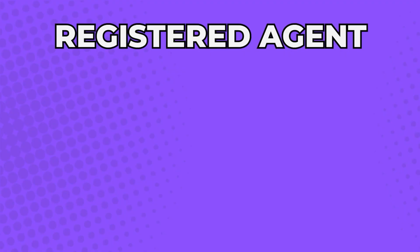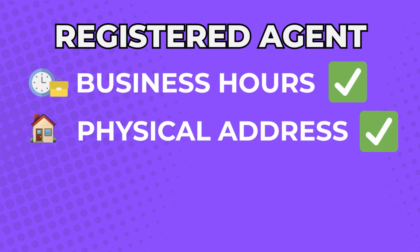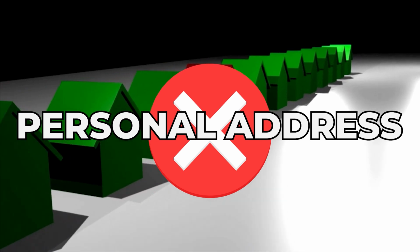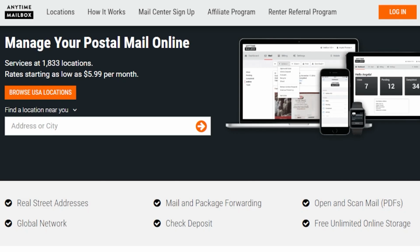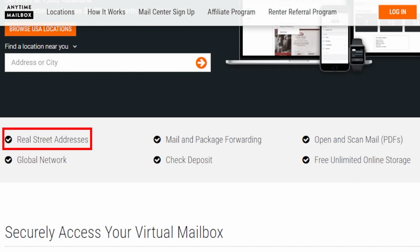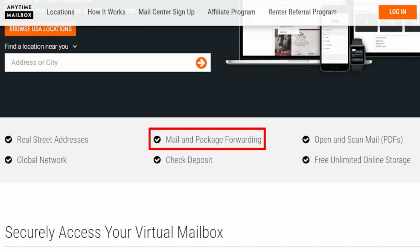The registered agent must also be available during business hours and must have a physical address to receive official mail. A PO box will not suffice. A registered agent's address is shown on public records, so you don't want to use your home address. I recommend you use a professional service like AnytimeMailbox.com for this purpose. Their services include physical addresses you can use, scanning your mail, and forwarding them to your home or business address